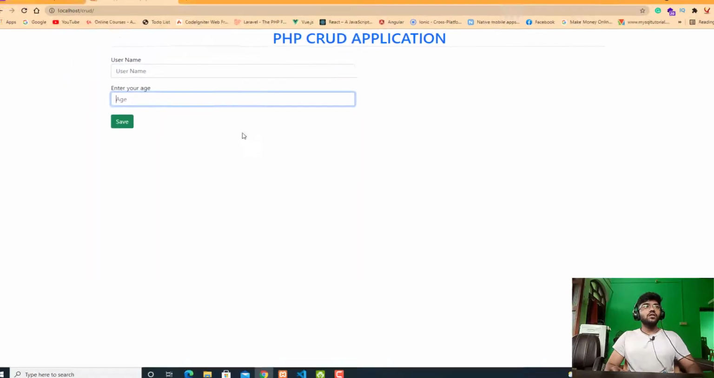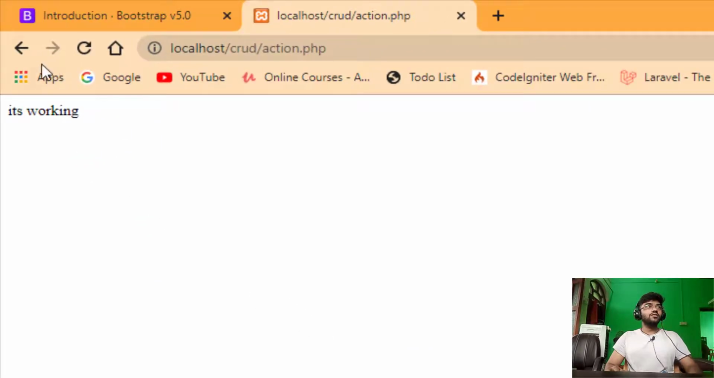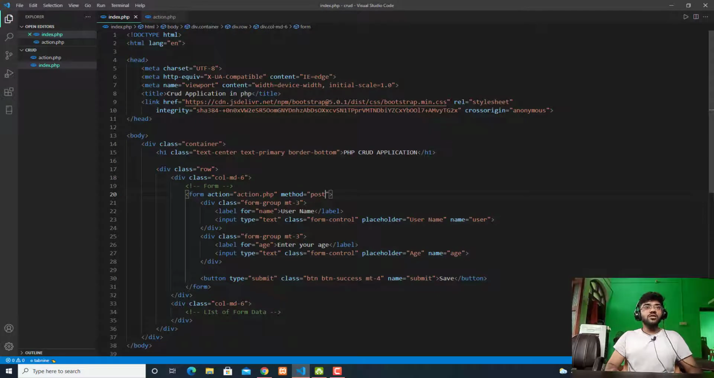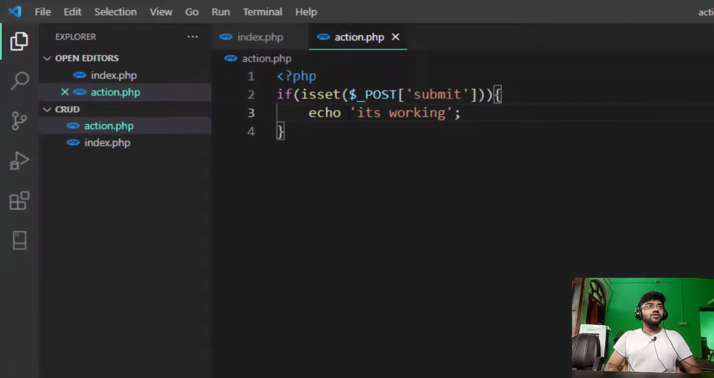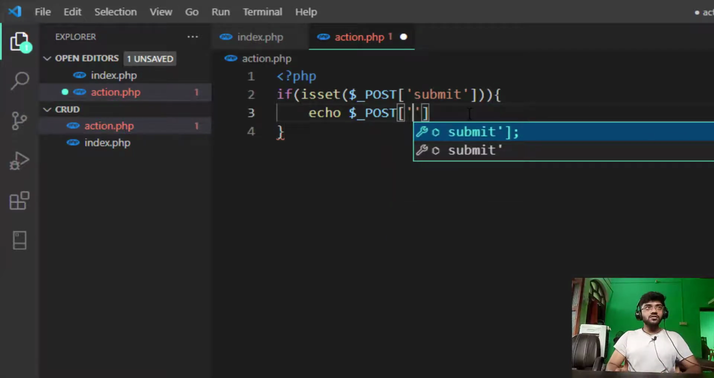Okay, and check in the browser, save, it's working. Okay, now check again. So what is the name of our input field, which is user and age. So I just remove this thing and type $_POST and give the name of our input fields, which is name,